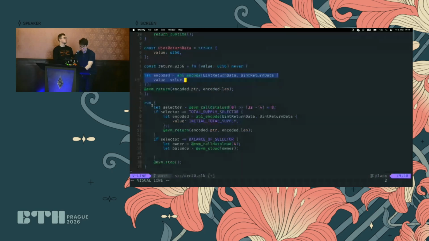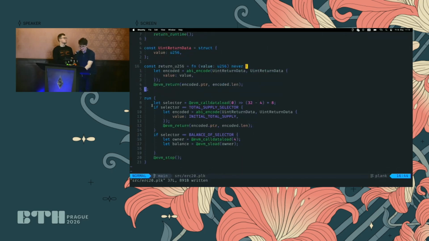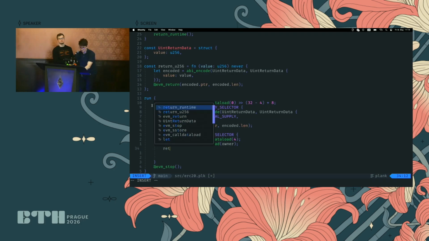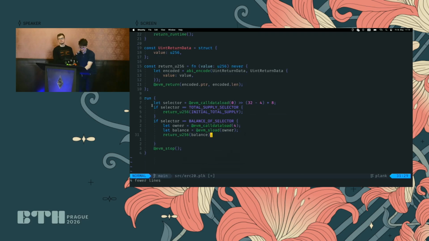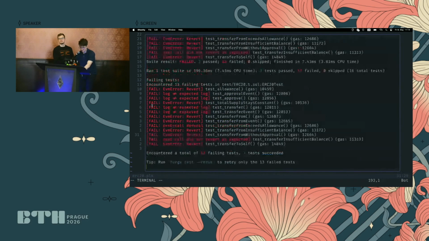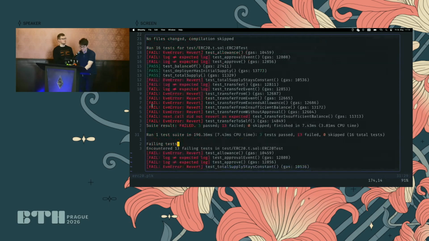You might notice a lot of things are a bit manual still. But really, if you follow along in the next 1-2 months, this will get much easier. We literally launched our first version like 1 week ago, so this is just the very beginning for now. But yeah, let's do return U256, balance, and then we can also simplify it up here for the initial total supply to make it simpler. And now we should have more tests passing. So yeah, now we have 3 instead of 13. Now balance of works, and deployer has the initial supply.